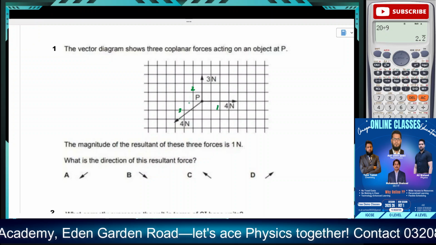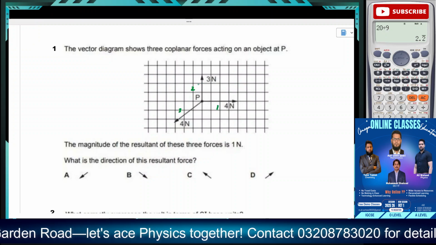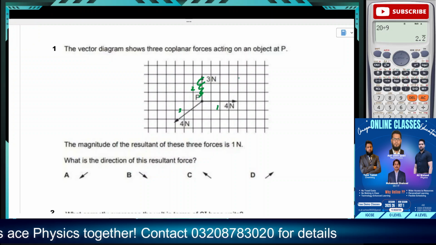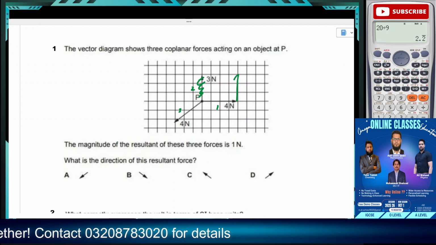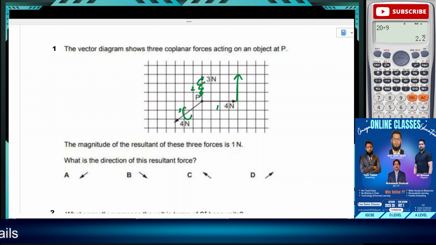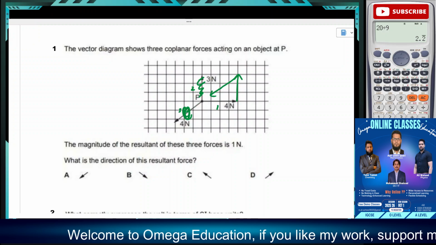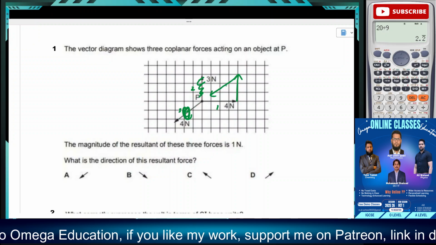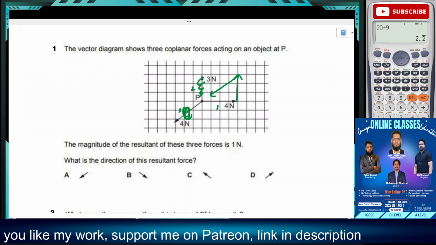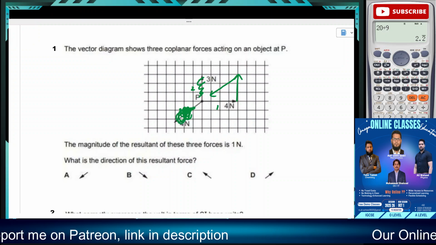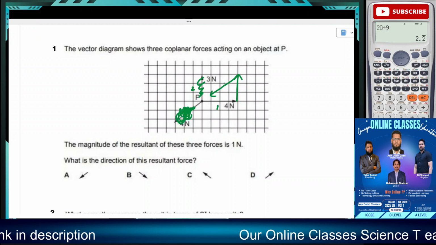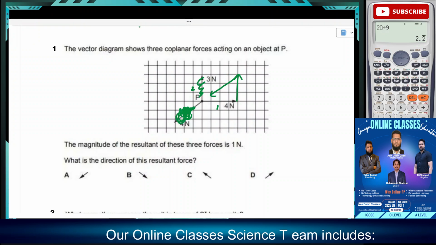The rule says pick up the second one, place it at the end of the first. So I pick up this one, place it at the end of the first. Then pick up the third one and place it at the end of the second. So this one, which is 1, 2, 3 blocks, 1, 2, 3 blocks. So the third one picked up from here, placed it at the end of the second one, and now the